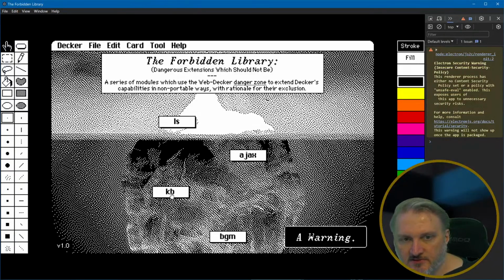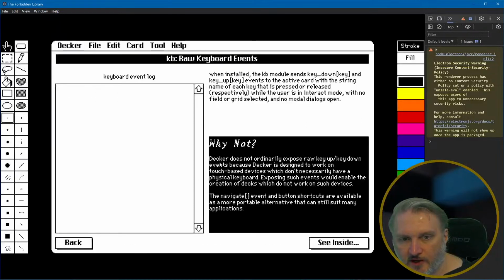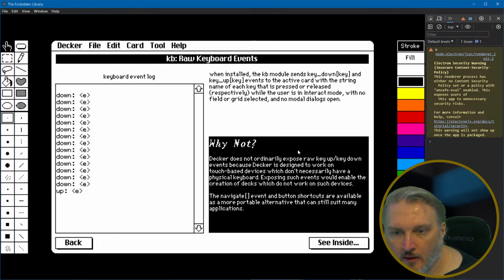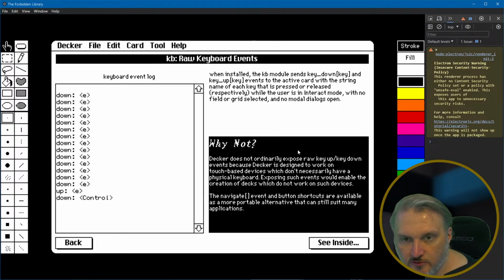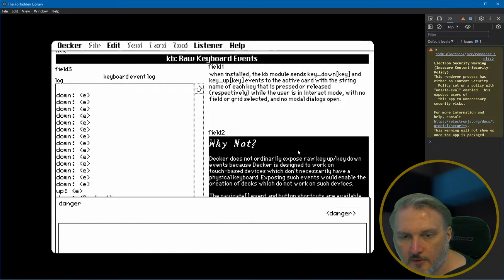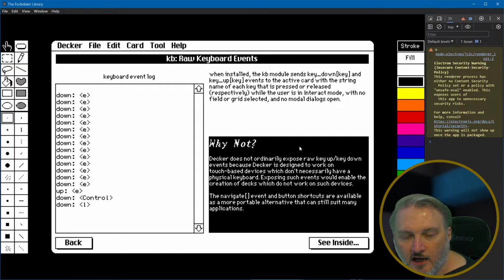Decker. All right, but so this should now be the forbidden library, and this should work. Yes. Okay. So now I have keyboard control. Okay. And then also danger. All right. That's there. All right. So